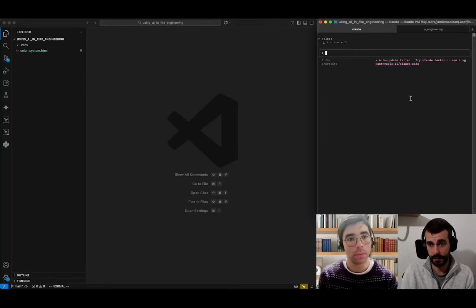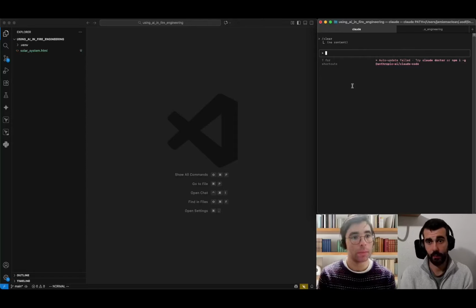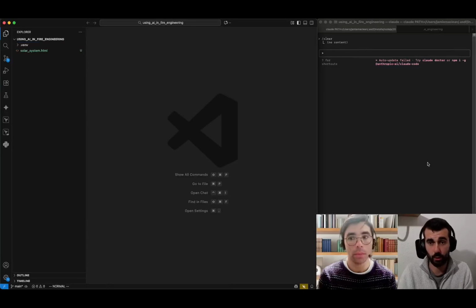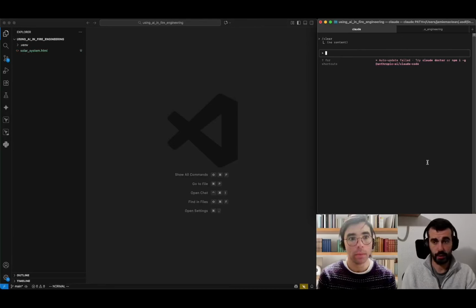So if you see on the right-hand side here, I already have it set up. This here is Claude Code. Basically, it's an AI agent that I can type a prompt into, and depending on what I want it to do, it will go in, and over here in the file system, you will be able to see it create files and write code as it works and tries to solve my problem. This is Claude Code. It works in the terminal. There are others that are a little bit more user-friendly, for example GitHub Copilot, and there are others out there, but they all work the same. Essentially, they're all